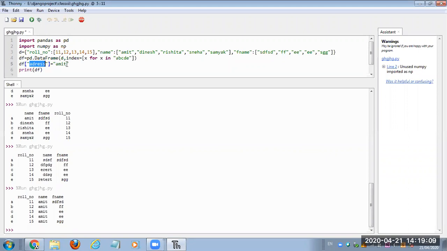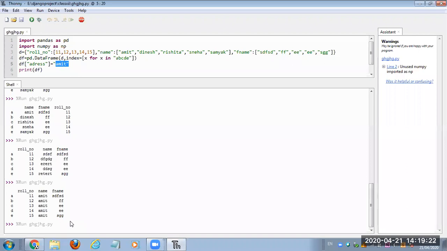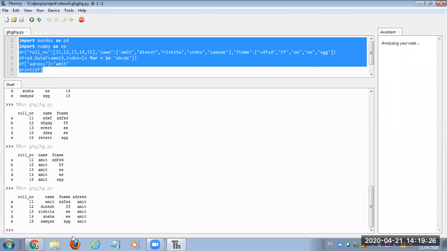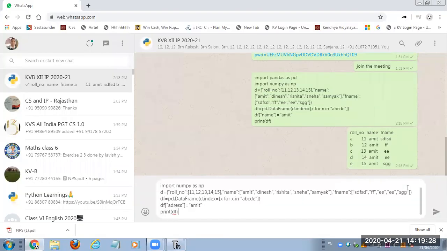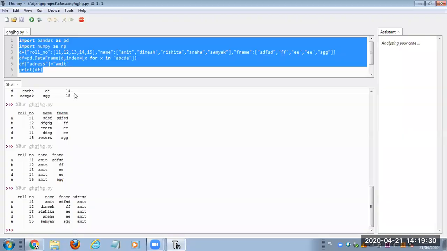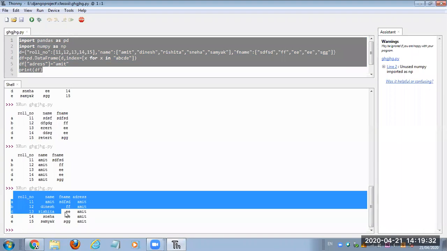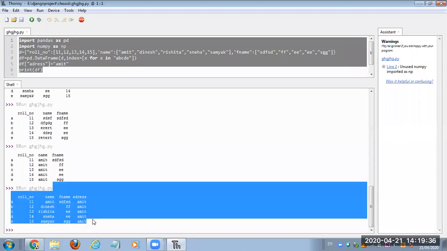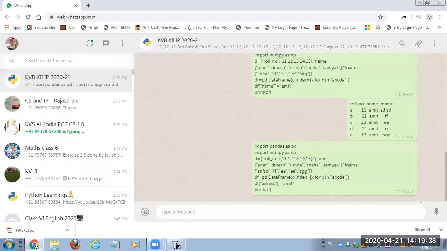And here we are providing a scalar value, so Amit will be repeated for each row of the data frame. It will add a new column address with all the values filled with Amit. You can see the output like this. Clear? I am sending this code again. So this is a method by which we can add a new column in the data frame. You can write down the heading: how we can add a new column in the data frame.